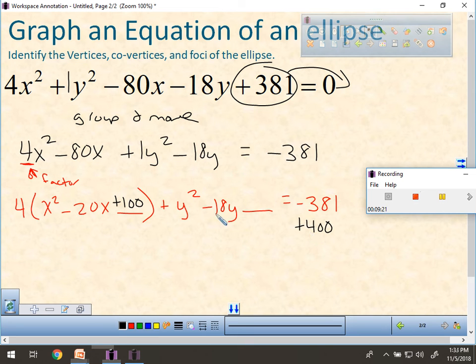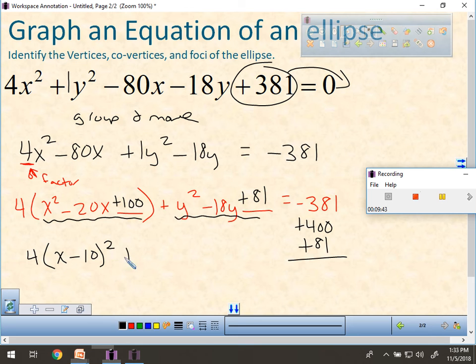And then right here, half of negative 18 is negative 9. 9 squared is 81. So I'm just going to put plus 81 to both sides. And so now you can just simply rewrite this. So I'm going to have a 4 on the outside. This, x squared minus 10x plus 100, is going to rewrite into x minus 10. And then this right here is going to rewrite into y. Half of negative 18 is negative 9. So I get 4 times x minus 10 squared plus y minus 9 squared equals, and then negative